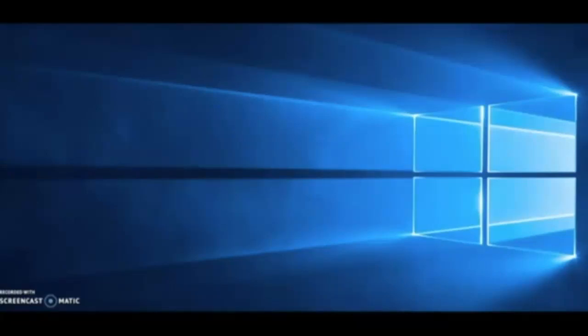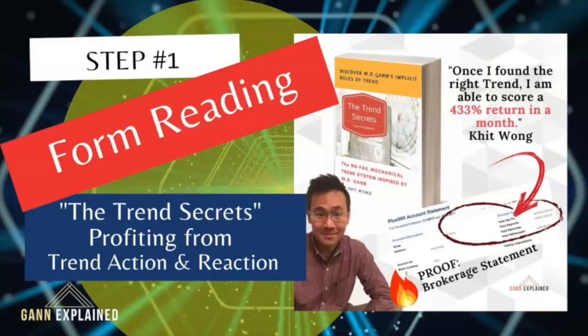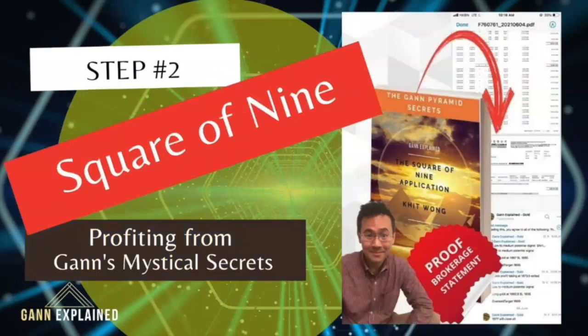In my opinion, two of his stock and commodity courses, in which the form reading, which I have published a book called Trend and Anti-Trend, the mechanical system of trading, is one to master. It tells you how to determine the change of the trend very easily in the market. And also I think one should master Square of 9 as well before they want to go into the Tunnel